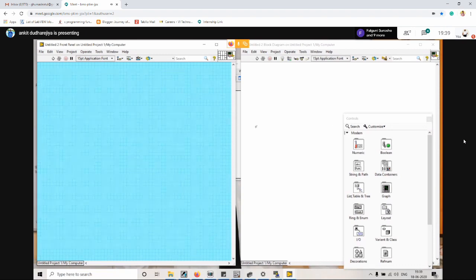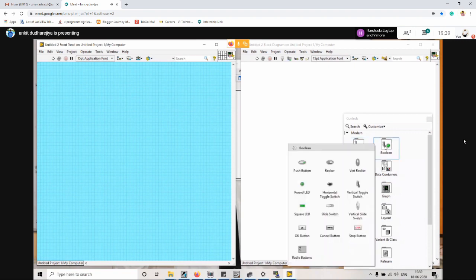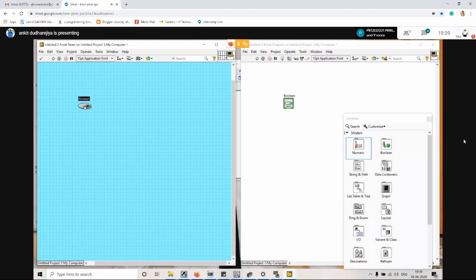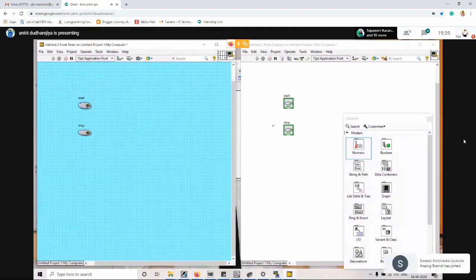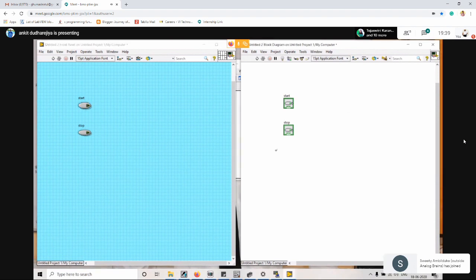Okay. Now we have two inputs, one for the start switch and one for the stop switch. So we will take two inputs, that is our push buttons, start switch and stop switch. I'm giving the names start and stop. Now whenever we press the switch from here, our output is going to be on, and we will be able to show that in our PLC as well.